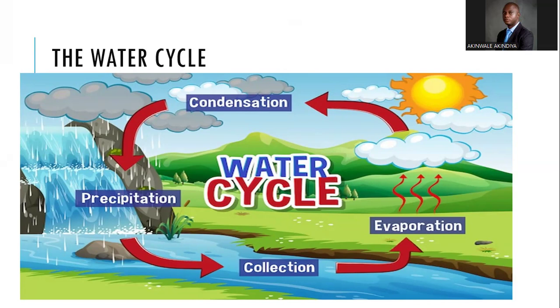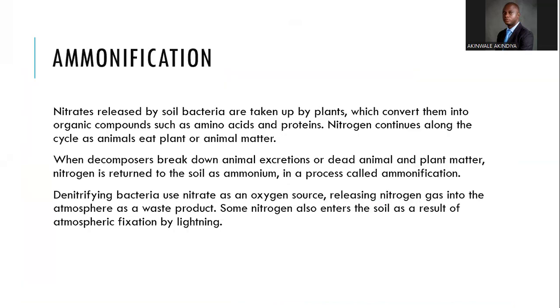And the water goes back again into the water bodies, or it goes underground, and the cycle continues. So this is a very simplified, schematic representation of the water cycle. You can see the sun, the water body, evaporation, and evaporated water condensing. Then through precipitation, rain and snow is released back to the earth, and the cycle continues into the foreseeable future. Great. So that's about the water cycle.